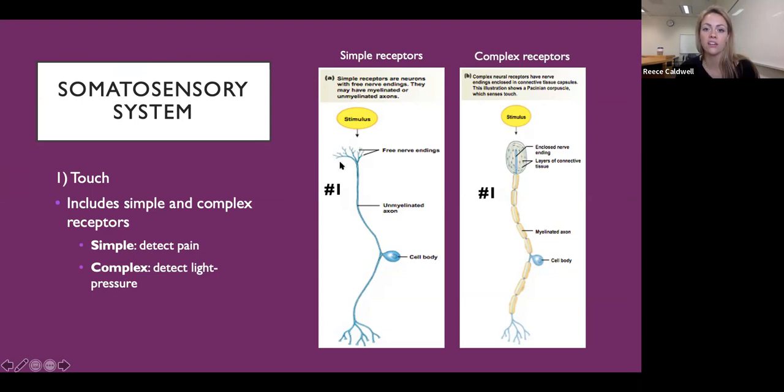Here you can see our simple receptor, and here is our complex receptor. If you immediately look at this picture, I'm assuming that the first thing you notice is that the simple receptor is unmyelinated. Our simple receptors are unmyelinated, whereas our complex receptors are myelinated. To further explain this, again, our simple receptors detect pain. And if you have ever stubbed your toe before,